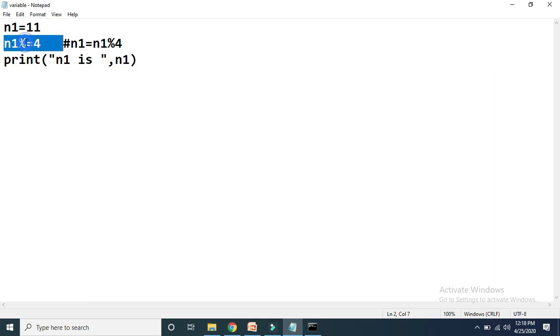We can use floor division as well. In our previous video on arithmetic operators we discussed floor division. Floor division means it will round the division result to the nearest possible integer.